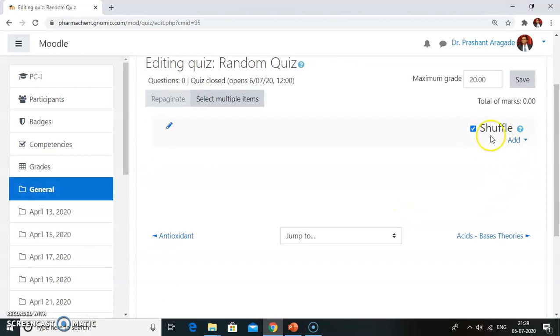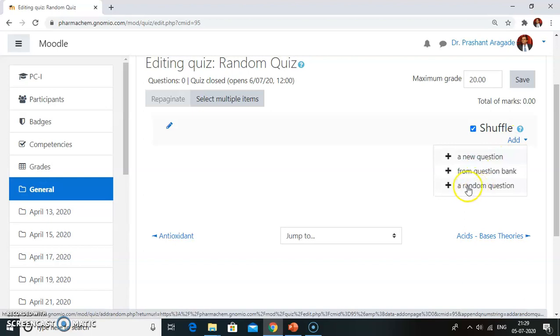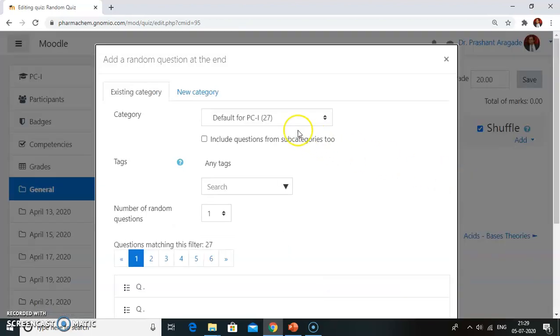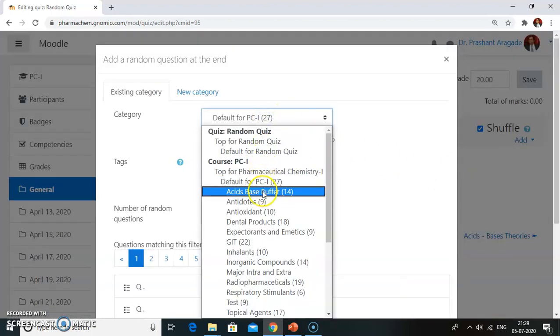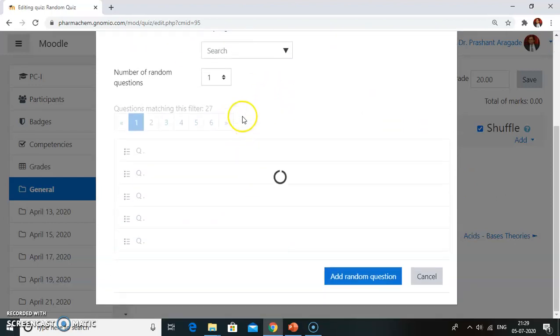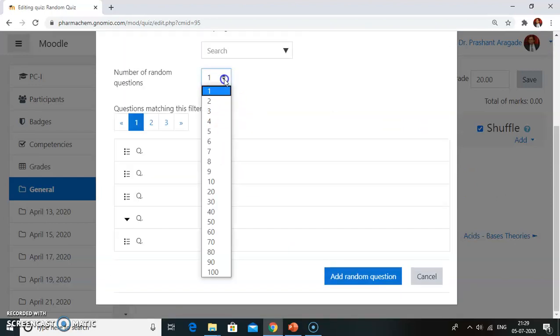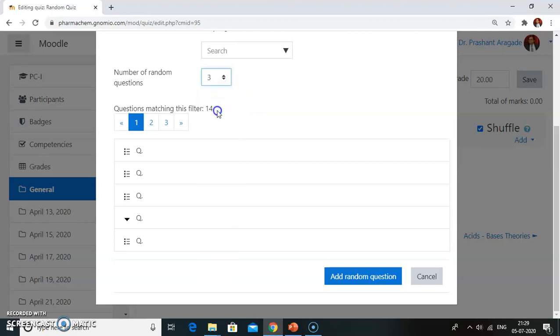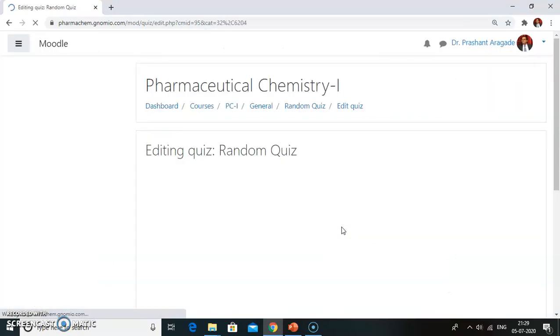And then I will click on this add button, and from the add button I will select a random question. So first select the first chapter category and select how many questions you want to select from this category. I will select 3. So from 14 questions, 3 questions are selected randomly, and they will get added into your Moodle course.